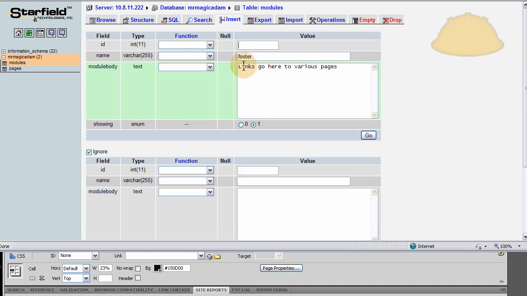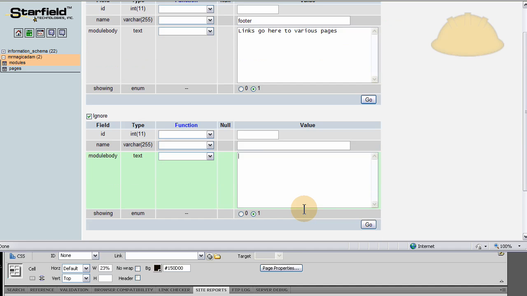Okay, so footer, links go here to various pages, and then the next module, this is my custom module. I can put any HTML data here. Let's call this custom 1,